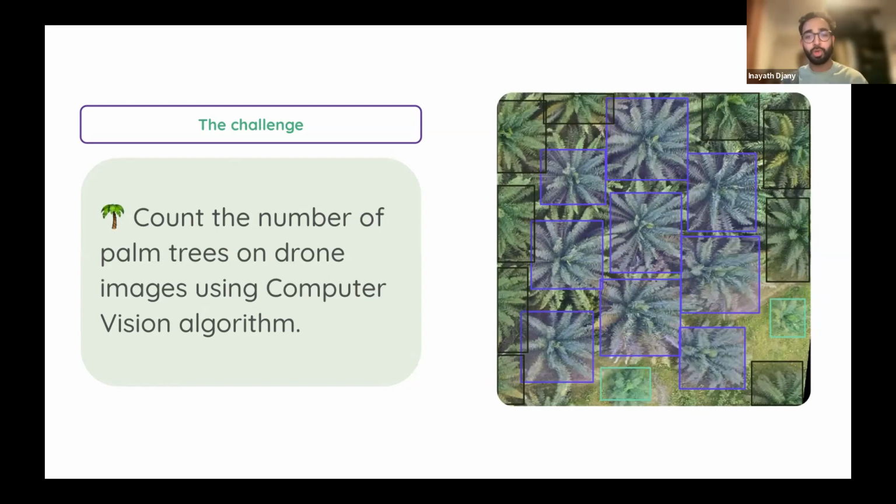So you have to count the number of palm trees on drone images. On your right, you can see a sample of drone images provided by Investive, and you have all of these squares, which means basically that a computer vision algorithm scans the image, and then you can identify the palm trees on these drone images and then count them per image.